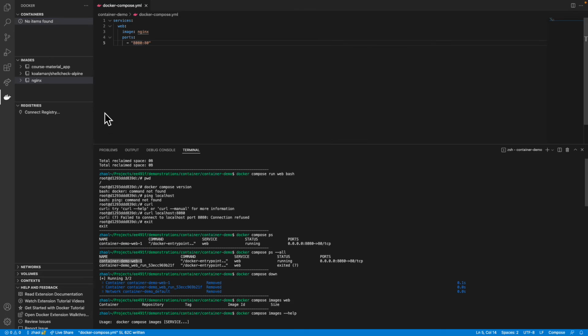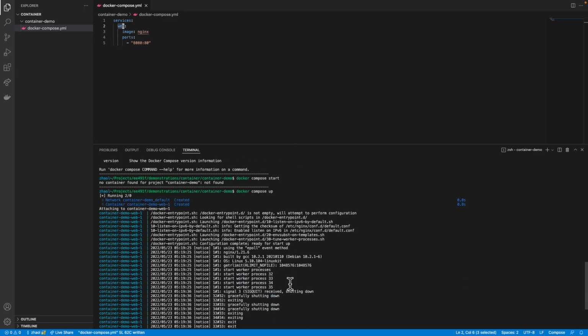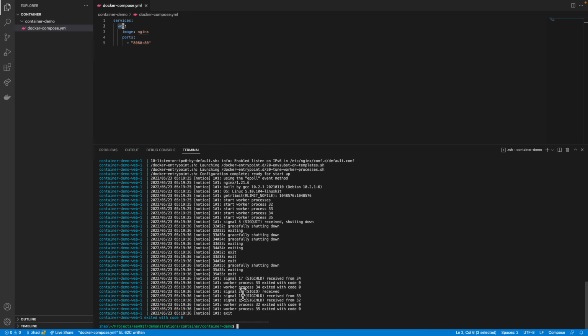So that's the name of the folder that we're in, or usually the name of your project, and the web is the name of our service. All that is done for us by Docker Compose, and we just have to remember to use up, down, start, stop, restart. Those are the usual commands I use, and hopefully you can see that it's a lot less typing, a lot less error prone,